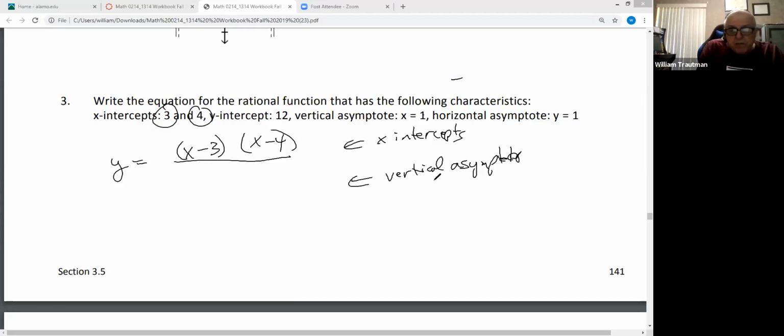Okay, the vertical asymptotes are at x equals 1. So I'm putting x 1, so a minus 1. It's a positive 1, so we put a minus 1. Now,